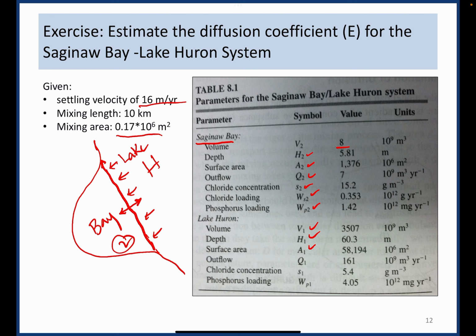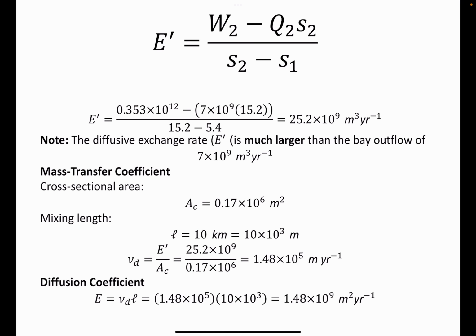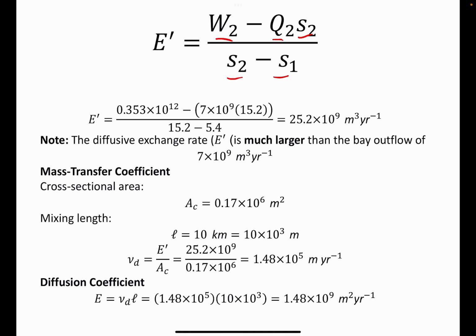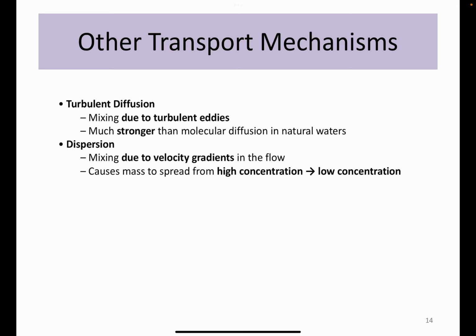here we want to find out the diffusion coefficient for example, chloride, which is chloride is a conservative compound. So we should find out E prime. E prime from the previous slide is W2 minus Q2 S2 over S2 minus S1. And W2, the loading, it's here, loading of the chloride, it's 0.353 10 to the 12, 0.353 10 to the 12, minus Q2 S2,